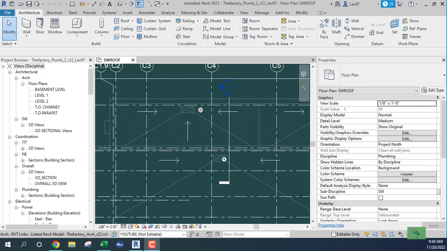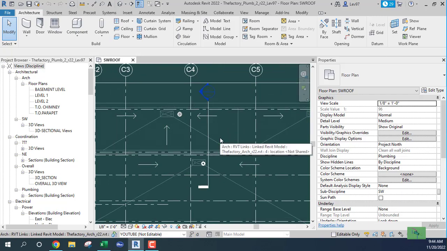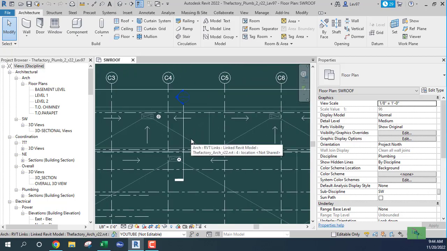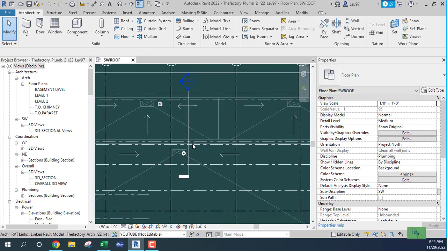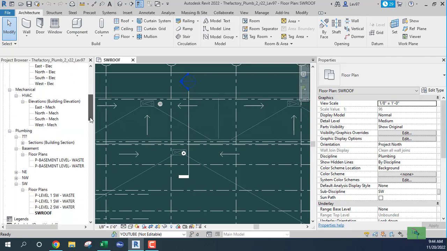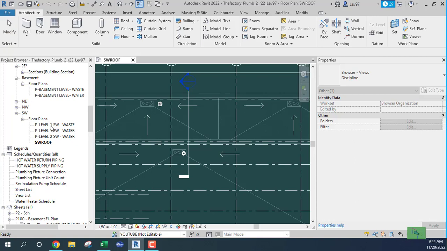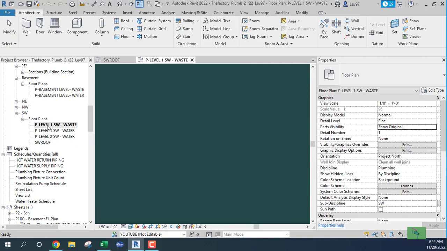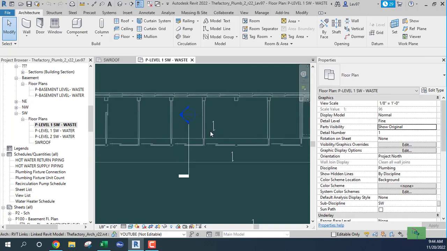Okay, let's continue with what I started out doing. The previous video was putting in my roof drains on different levels, and in order to show those roof drains at different levels, which is different than showing them on a floor plan, in terms of a view range,